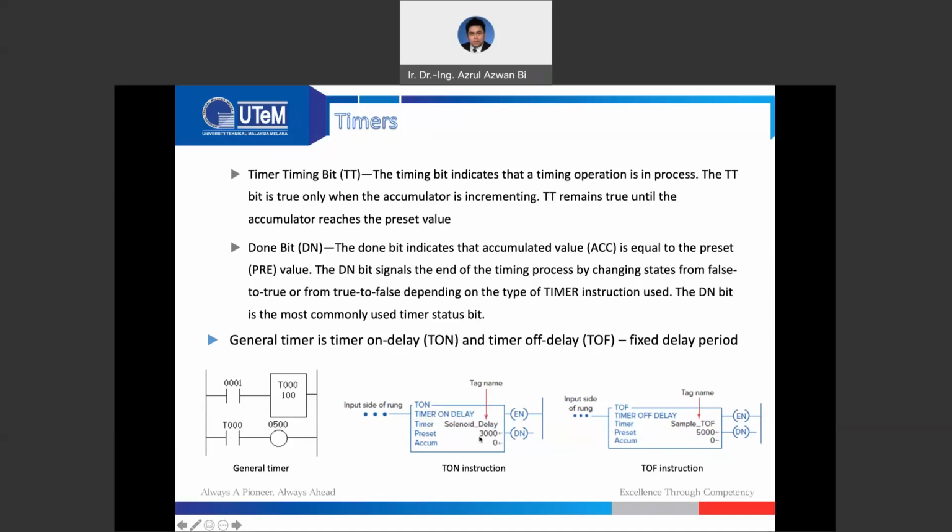So after you reach the preset value, then the done signal will be energized. In a real PLC, you have to use the actual PLC programming, but for simplicity in writing some program based on the question or whatever,